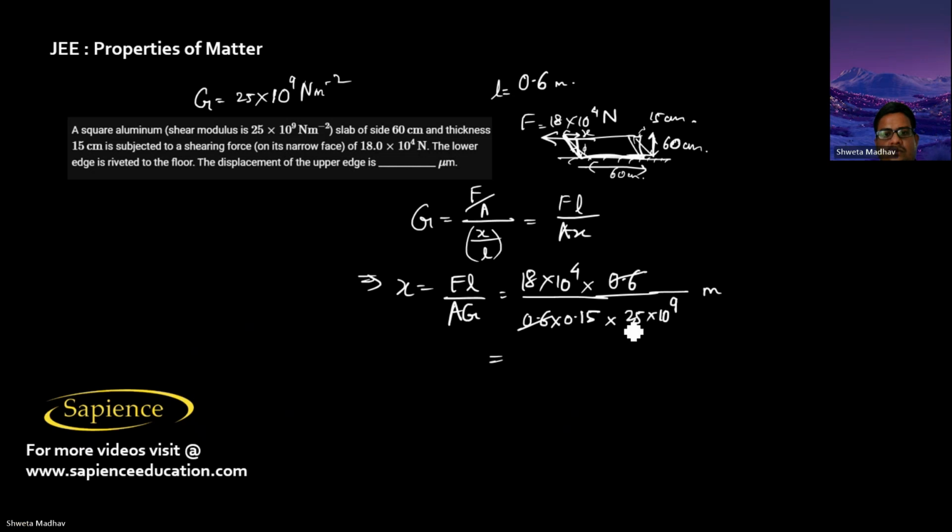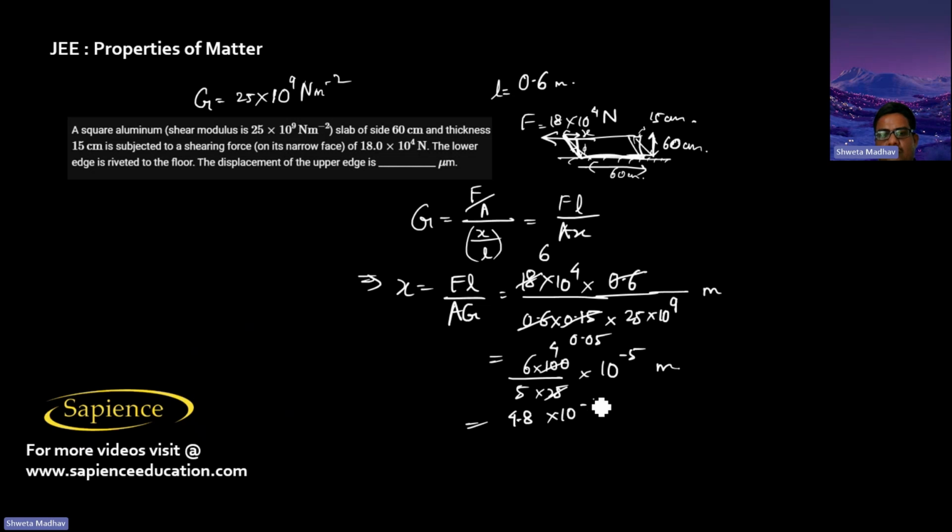3 5 15, 3 6 18. This is 6 by 5 by 100. This is again 25 to 10 power minus 5 meter. This is 25 4 100. This is 6 4 24. 24 by 5, that is 4.8